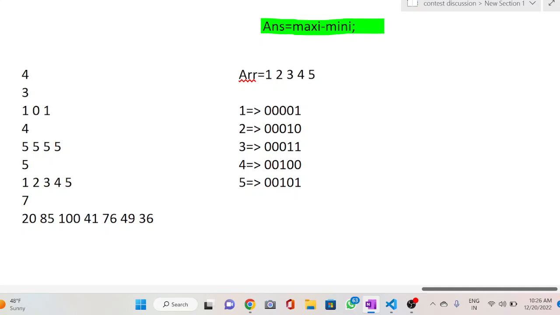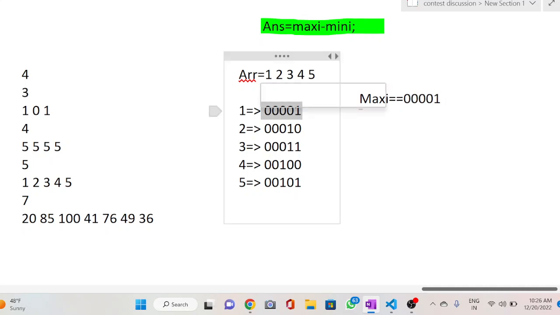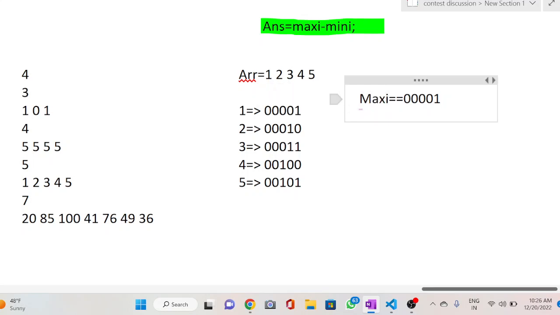So initially maxi is equal to 1. We take this as the initial value. Now you find this number, so you will swap and finally your 0 will convert into 1. Now you will take this bit.